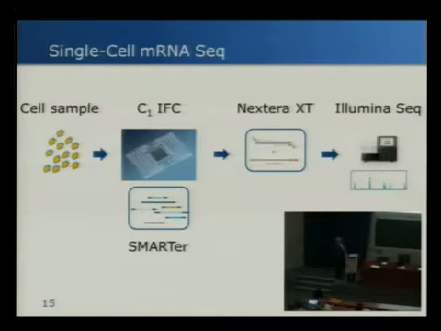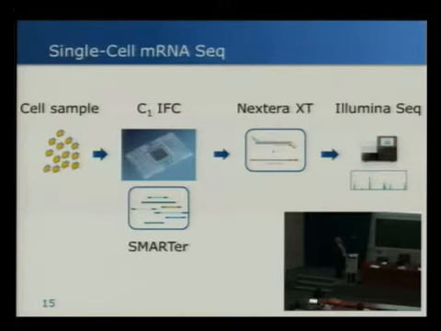So basically, within the chip in the C1, you flow through a suspension of cells, and it captures individual cells, up to 96 individual cells in a capture structure within the chip. And then once they're captured, you can do a series of up to 5 biochemical steps to process those cells to get various kinds of libraries. For doing mRNA-seq,